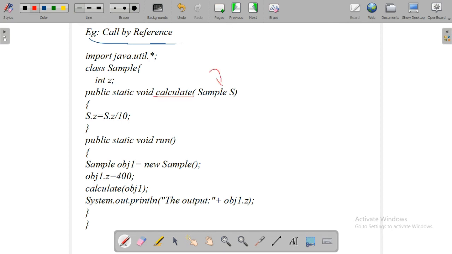In this case, you can clearly understand this is a reference. So inside the method definition, we are passing the arguments as an object, and inside the method call also we need to pass an object. So this is known as call by reference. That's why, through the object or the reference, original values are changing whenever our actual arguments are updated. Yes, this is the example for call by reference.